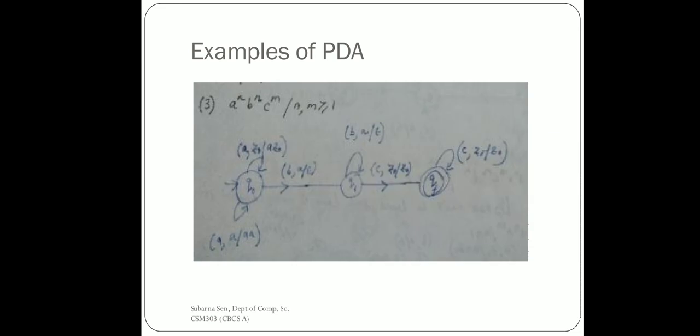This example I was talking about says a to the power n, b to the power n, c to the power m, with n and m greater than or equal to 0. Just have a look at the variables. Do not think that we are comparing A, B and C. C is not a part of the comparison here. We are just comparing the number of A's with the number of B's. C is separate and has no relation with A and B here. Yes, the string should start with A, have B in the middle and end with C, but I'm not talking about that. The number of A's and B's should be equal, but this has no relation with C. C can be of any number, but A and B should be of equal number.